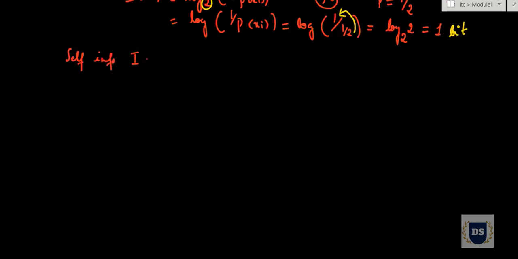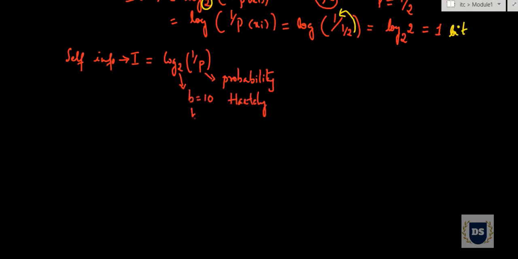Students, in our previous class we went through the mathematical formula for self-information. Self-information is given as I = log to the base 2 of 1 by p, where self-information is indicated with capital I and p is the probability of the event. Depending upon this base, the information unit is decided. If the base is 10, the unit is called Hartley; if the base is 2, the unit is bits; and if the base is e, the unit for information is called nats.